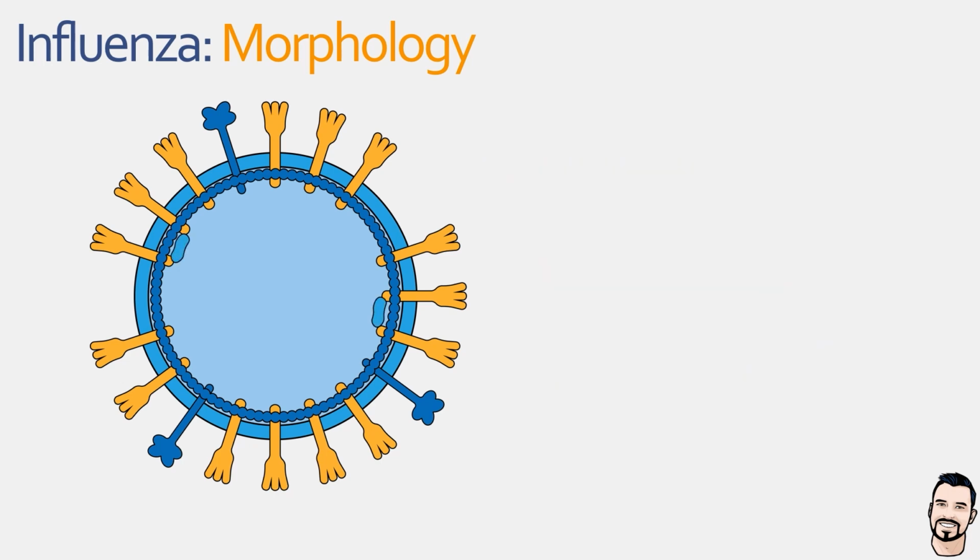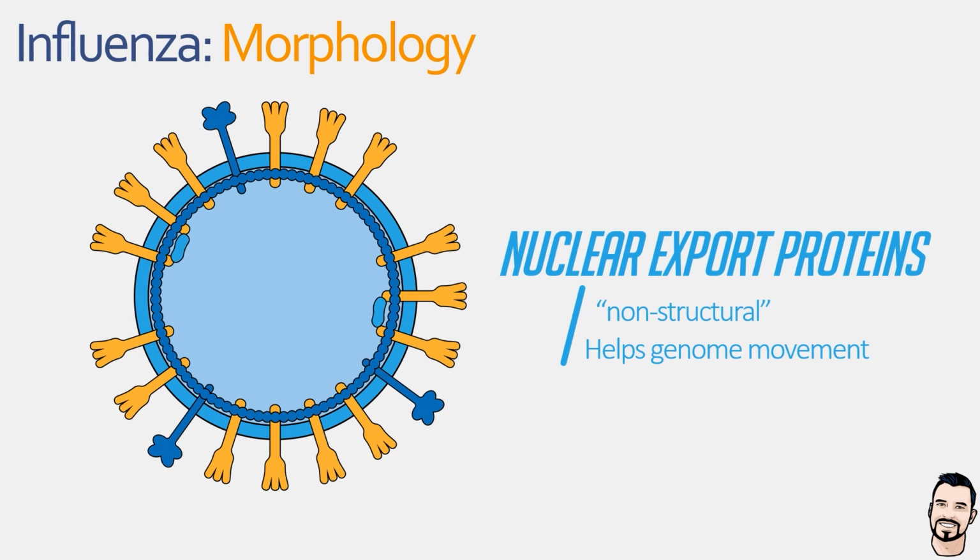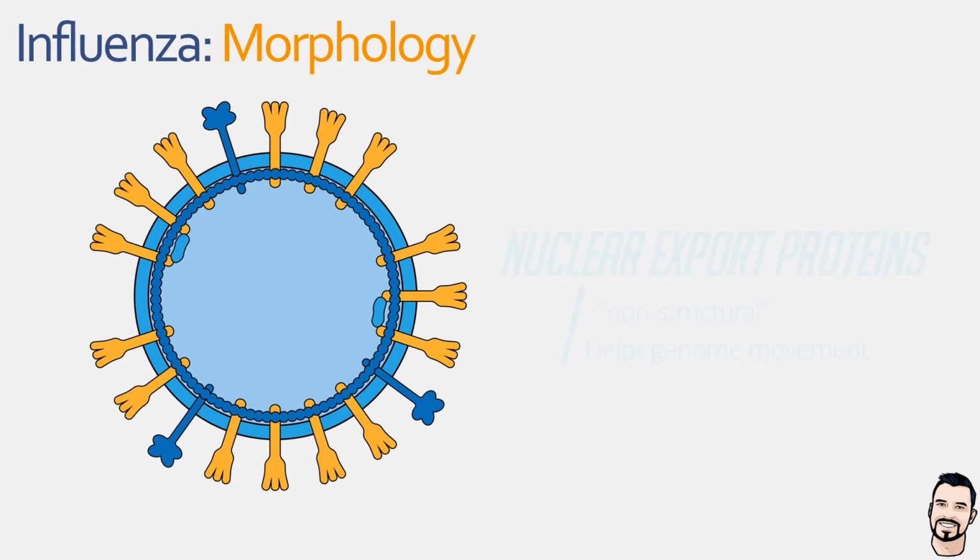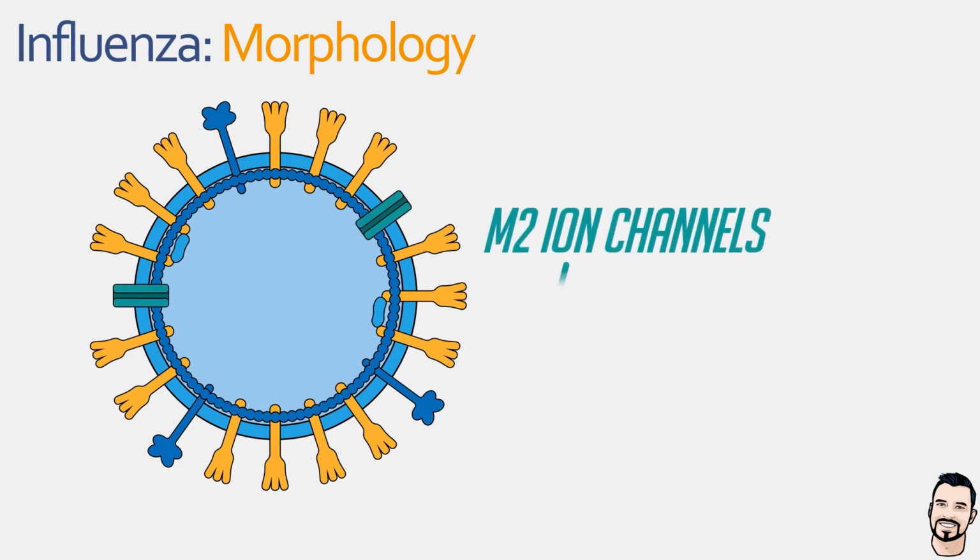Next, we have nuclear export proteins, which are membrane-associated proteins that are located within the virus, and so they are not outward-facing, and therefore they are not antigenic. Essentially, their role is in genome movement, helping to move the viral genome to where it needs to be within the host cell. Next, we have the M2 ion channel proteins, which is a transmembrane protein channel, meaning it is